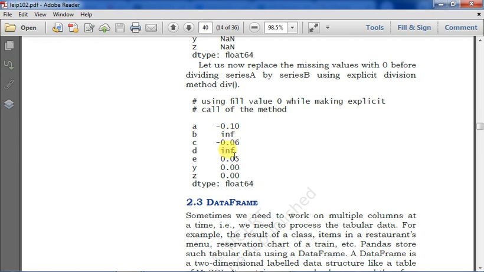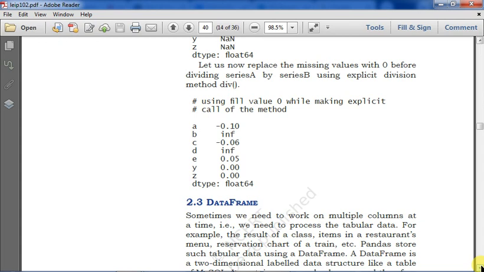INF means that you have tried to divide something by 0. But if the 0 goes into the numerator and the denominator is non-zero, in that case you will get 0 only. That is what has happened here. So these 4 applications, along with head, tail and count, the series calculations and functions that can be applicable, have been completed.